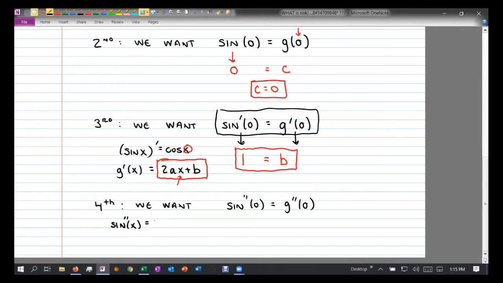Negative sine of x, right? Negative sine of x. And what would be the second derivative of the g function? 2a. Okay. So now what I'll do is I will